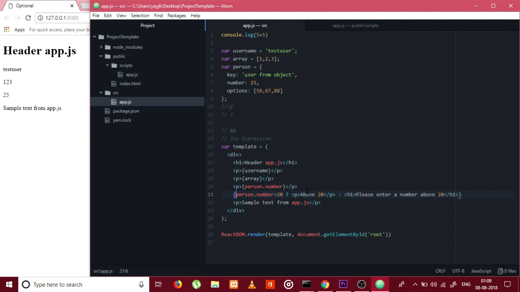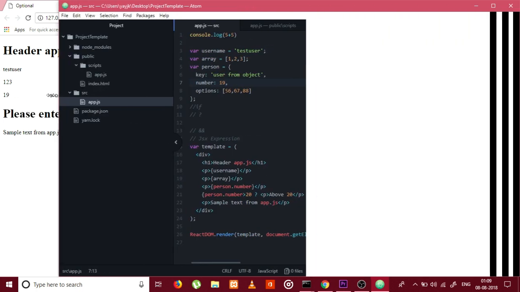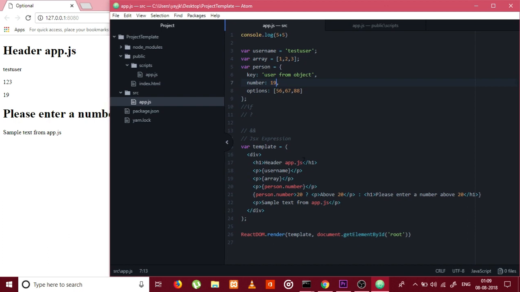Okay, so if I save this file, you can see above 20, and if I change the number to say 19 and save it, you can see please enter a number above 20. Okay, so now that we're done with the question mark operator, or the ternary operator,